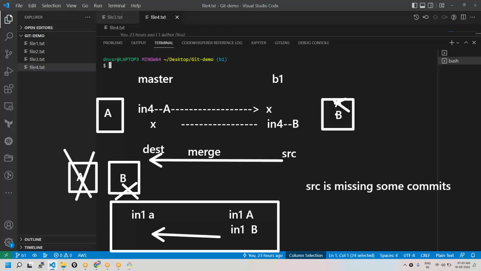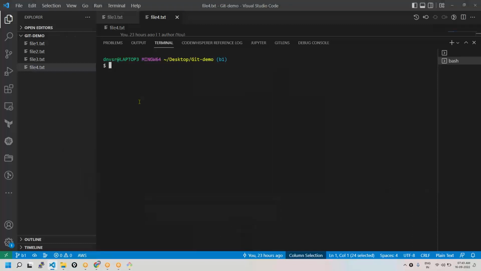All right. So that's about the conflict part. Now that we understood merging with conflicts and without conflicts, let's look into another interesting concept called stash. So what is meant by stash? Stash is nothing but,